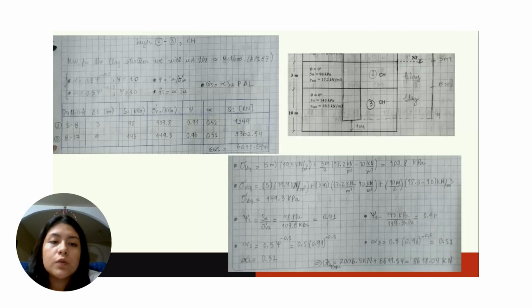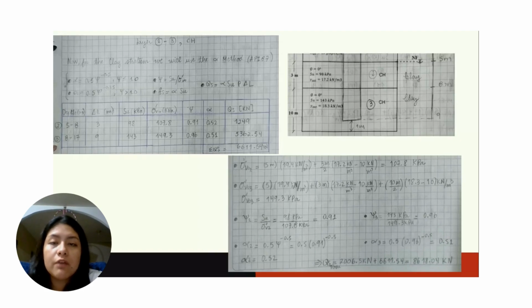For layers 2 and 3, which are clays, we will use the alpha or API method, in which for ease of calculation we have made a table with all its parameters and respective values to find the load per shaft. The values of alpha and C are calculated with the formulas that are there, and the effective vertical stress is calculated. For stratum 2, it is equal to the height of the first stratum by its density plus the height of stratum 2 half by its density minus the density of water, and for stratum 3, it is equal to the height of the first layer by the density plus the height of layer 2 by its density minus that of water plus the height of layer 3 half by its density minus that of water,